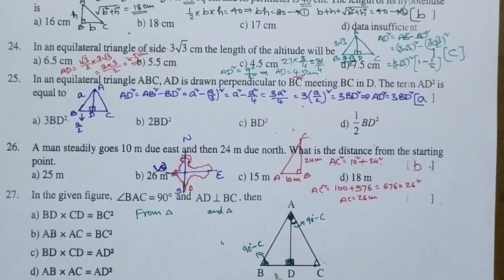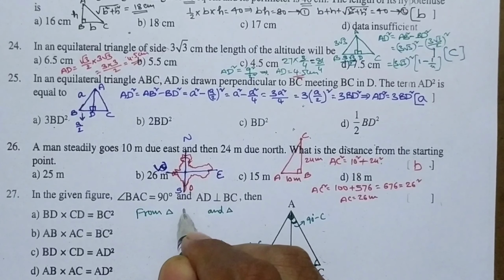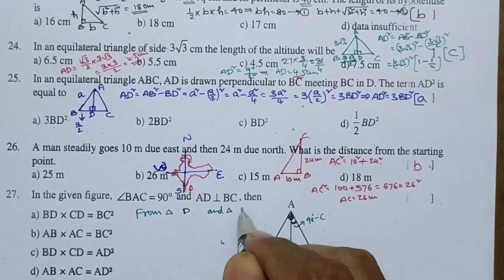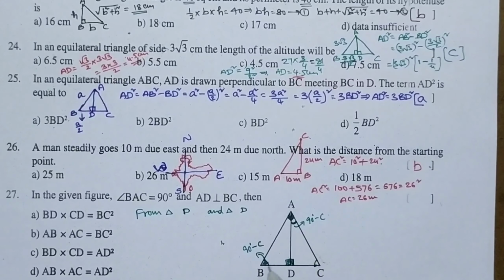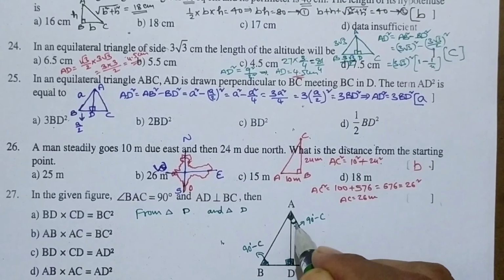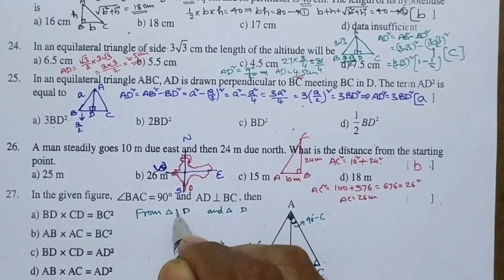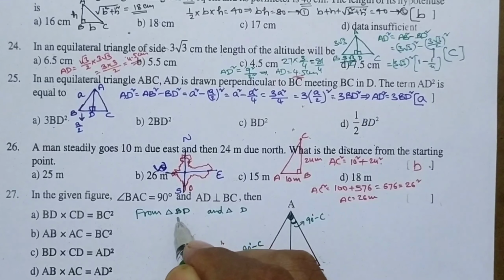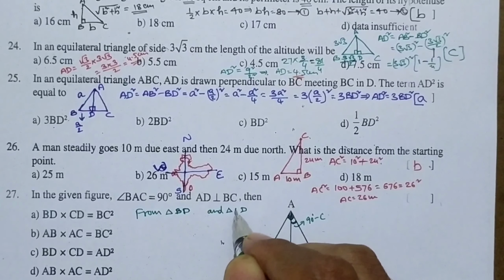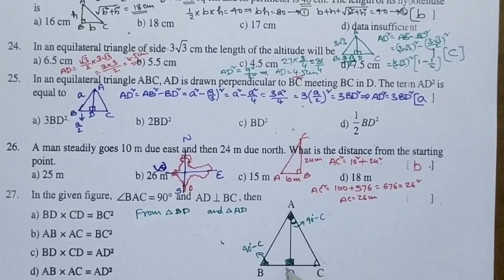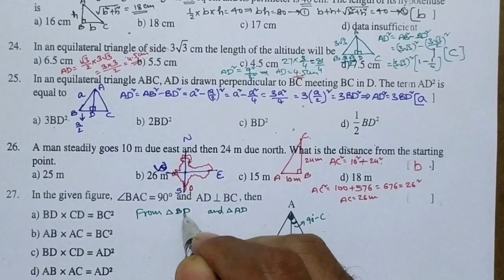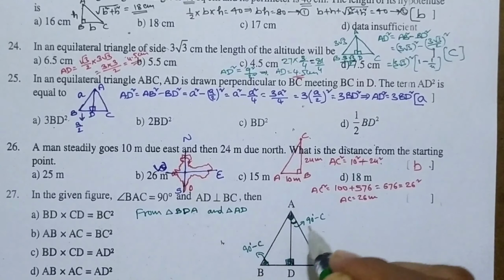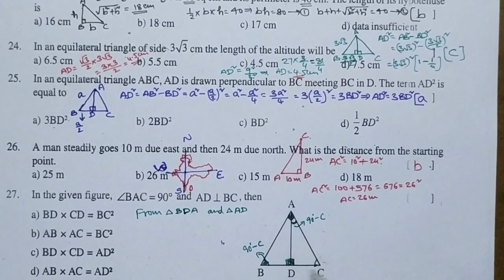Now let us compare these two triangles, ADB and ADC. Which angles are equal? Here angle D is common, so I am writing D in the middle. So here D, here also middle D. Now in this triangle angle B, in this triangle angle A, so here I am taking B as the starting position, and here I am taking A as the starting position. Now in this triangle, BDA, and this triangle is ADC.